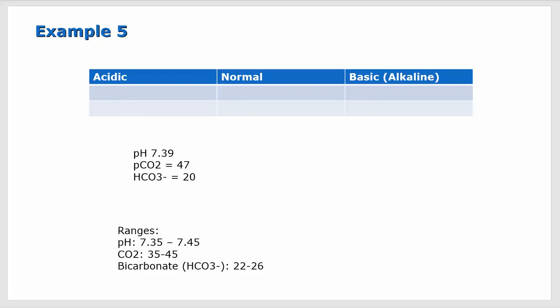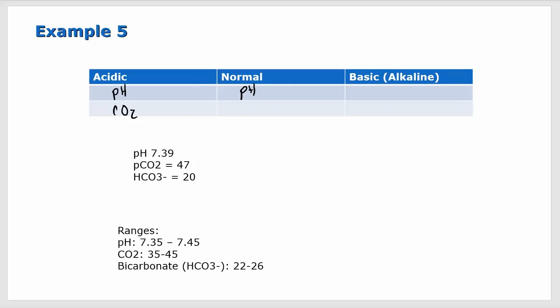Okay, so let's look at this one. I'm not sure where we're going to go with this. 7.39, so I'm just going to go ahead and fill this in a little more quickly. So yes, it's normal, but also it's on the low side of normal, so we're going to put it over here. In the acidic side, our carbon dioxide's 35 to 45, that's going to be high, which is going to cause acidic, okay? And our bicarbonate is low, okay? So that's going to be,